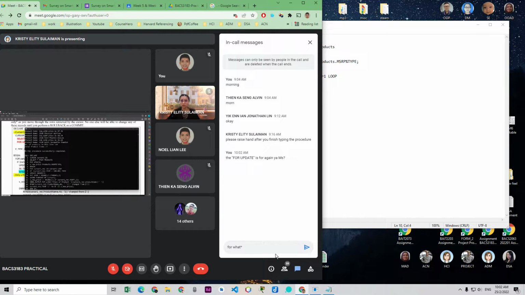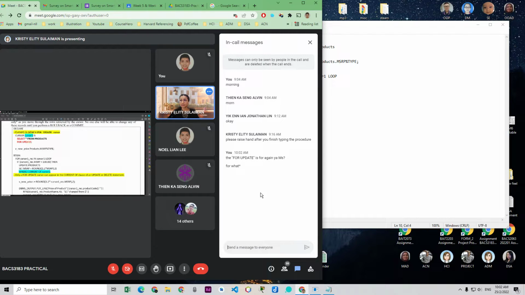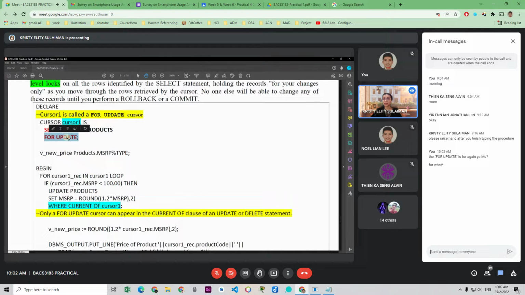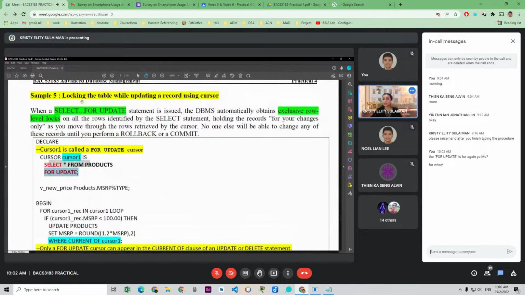For update is for the query to lock the table. As the statement mentions, it gives you this feature of locking the table. So every time you use select for update, everything that you select from the table